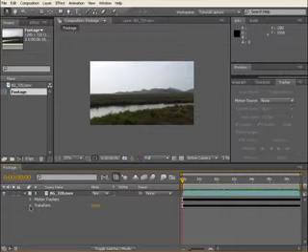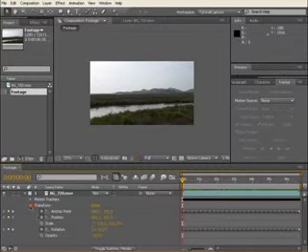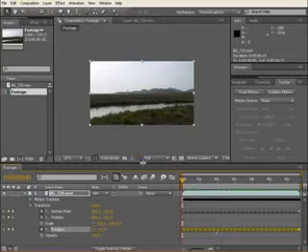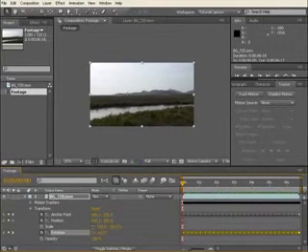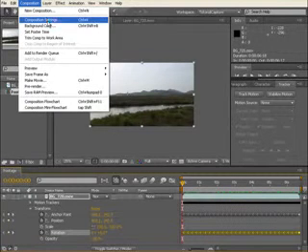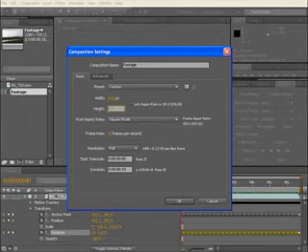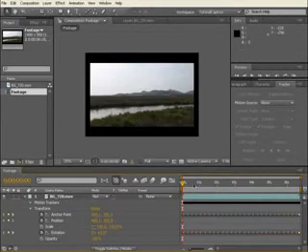But basically, if we bring up our transform information for our footage, we have anchor point, there's a whole lot of keyframes. Our position, there's just the one keyframe there, and our rotation, there's a whole lot of keyframes. So we want to keep that up in the shot, and we're just going to go to composition settings, and I'm just going to up the size to say 1400 wide and about 950 in height, and we'll go OK to that. And what that does is